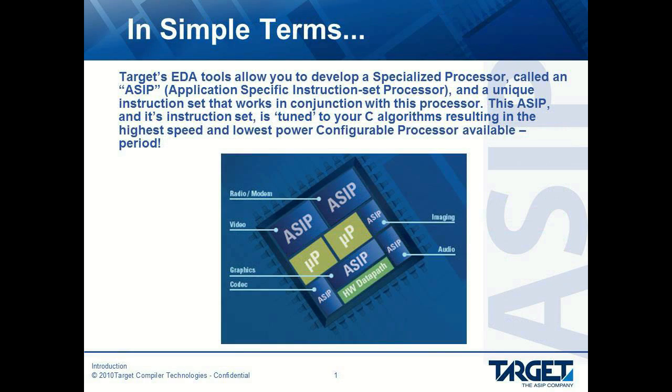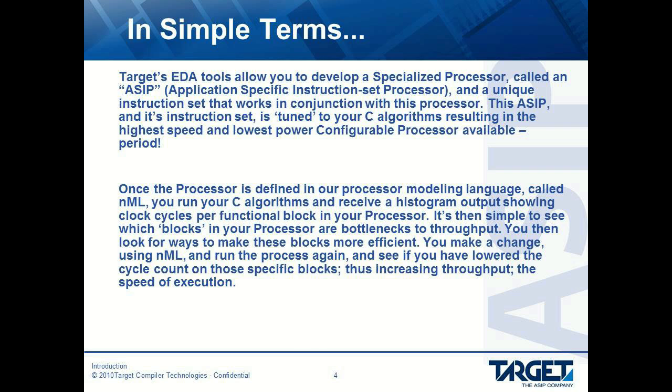Target's EDA tools allow you to develop a specialized processor called an ASIP, an application-specific instruction set processor, and a unique instruction set that works in conjunction with this processor. This ASIP and its instruction set are tuned to your C algorithms, resulting in the highest speed, lowest power, configurable processor available, period. Once the processor has been defined by our processor modeling language called NML, you run your C